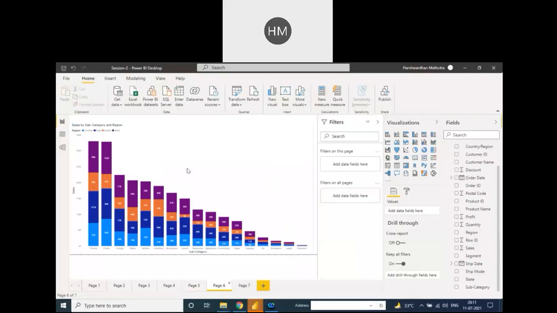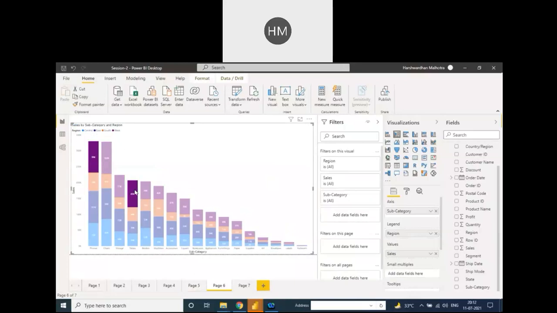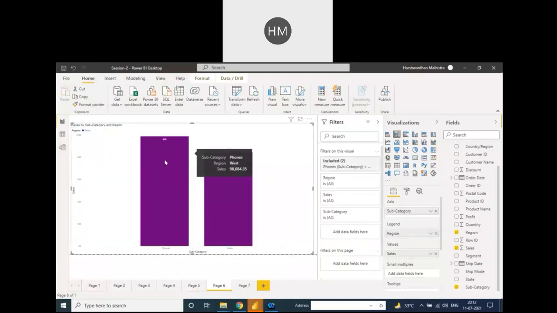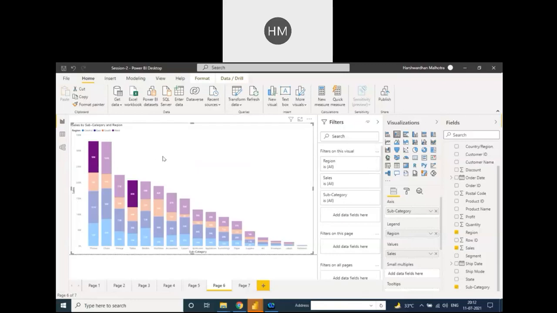And on page 6, we are providing the same areas like subcategory and region, but I am going to share with you what is include and what is exclude. Suppose if we compare this area with this area, then we need to right click on the visualization and include. It means only compare with these two data. These are the include area, and how to remove this one? Click on the close button and then back.